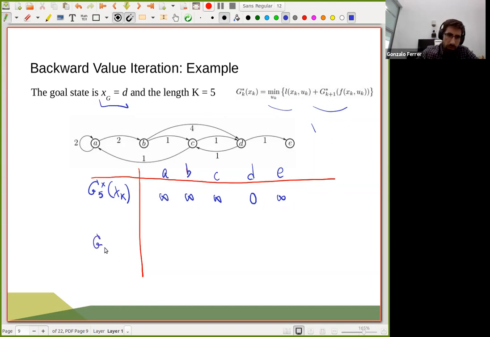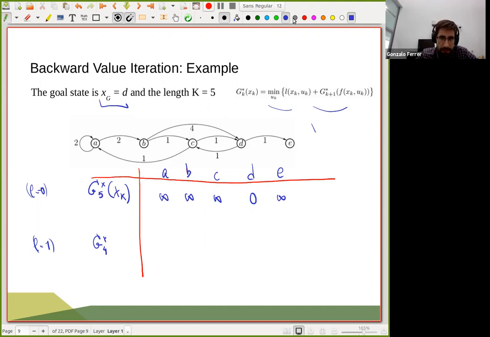Now let's move to the next. Okay, so what is the optimal cost to go? This is length 0, and this is going to be length 1. So now what we are looking for is all the possible length 1 trajectories that are here, that provide some cost. So we are just going to be finding which is the optimal one.